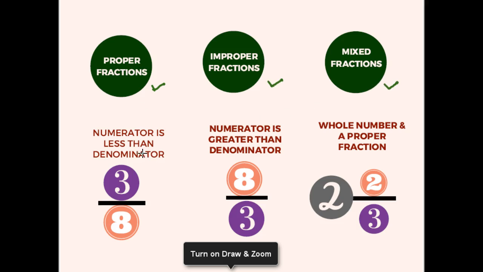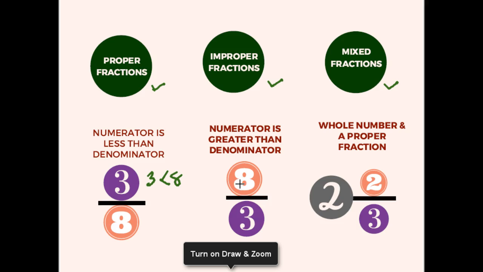Now we have a proper fraction when the numerator is less than the denominator, and I think that's quite logical. When the number on top, which is the numerator, is lesser than the number below, which is the denominator, we call it a proper fraction, because 3 is less than 8. You can have as many examples as you can think of, so long as the numerator is lesser than the